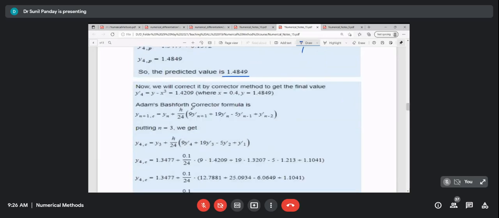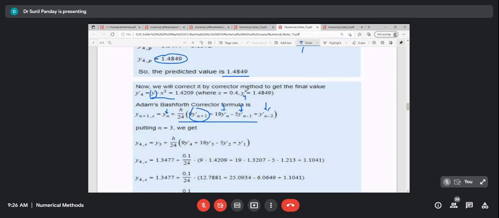Now you're going to correct it by using the Adams-Moulton corrector method. So this is the corrector method. Here again this one is there, and this is required. These values you have already calculated in your predictor steps, so you can substitute those values from there. This is also calculated using the Runge-Kutta method. Now we have this y dash n plus 1. So y dash n plus 1 we will calculate using the predicted value, which we have obtained here.